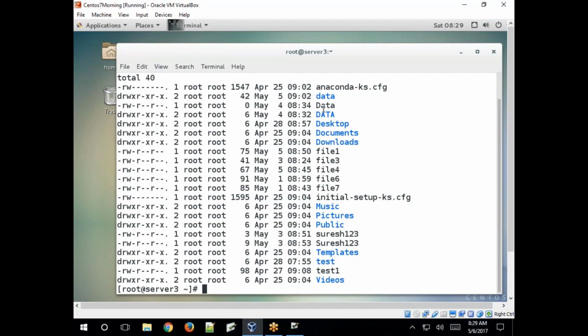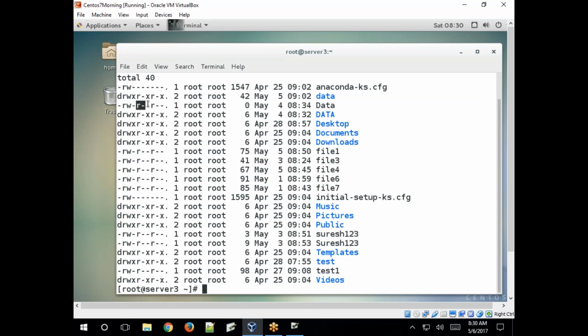See, data is a file. Based on the first field in ls -l, we can identify whether it is a directory or a regular file. See, hyphen. On owner, read and write, there is no execute permission for the file.